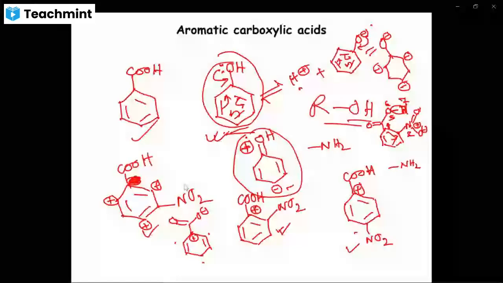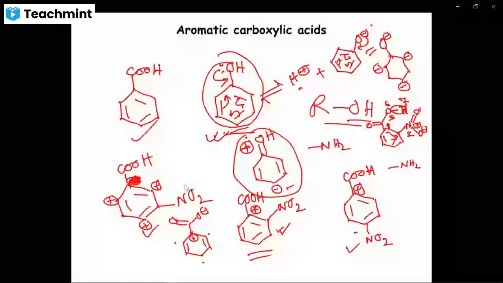Actually the difference between meta and para is very less. So here the distance factor, the inductive effect, and this ipso position positive charge actually compete with one another, and that's why their acidity difference is very less. But one thing is for sure, that ortho will be most acidic, right? Yeah. So that's the thing. Now if you put more nitro groups, the acidity will even increase. Similarly